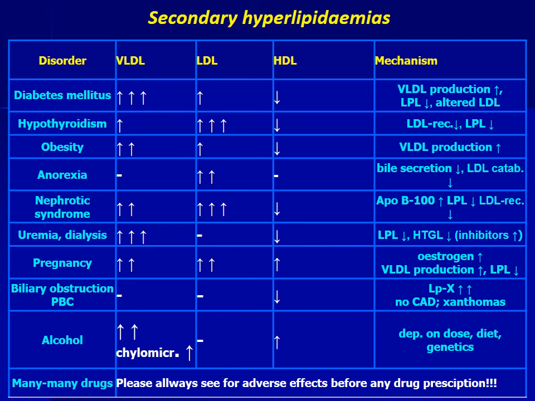The table shows the type of secondary hyperlipidemias caused by different diseases, the changes in the levels of VLDL, LDL, and HDL, and the mechanism for the changes. Obesity and diabetes lead to dyslipidemia caused by increased VLDL production. This can also be a result of alcohol abuse. However, in contrast to diabetes, alcohol, while raising VLDL, also raises HDL concentration. Importantly, weight loss decreases VLDL secretion.